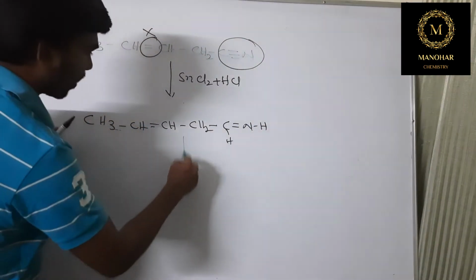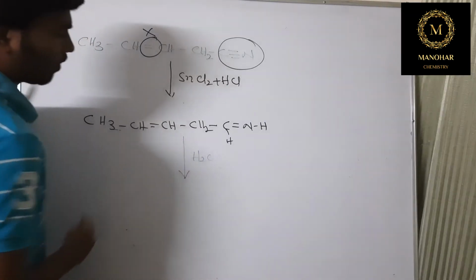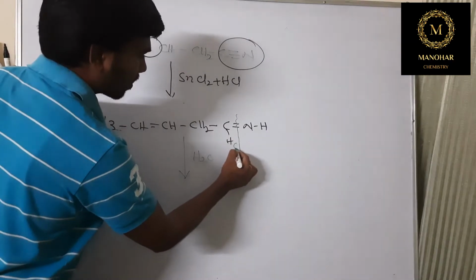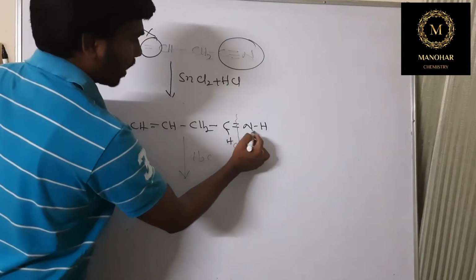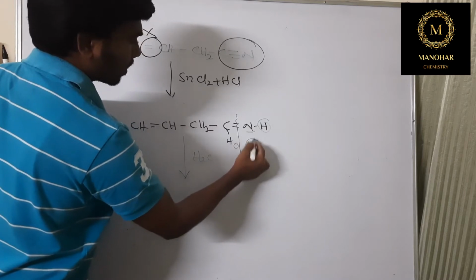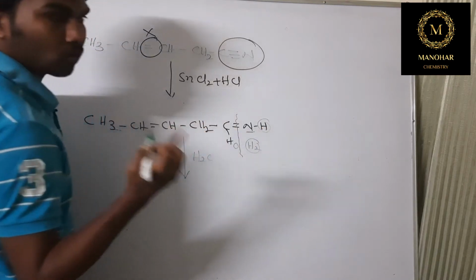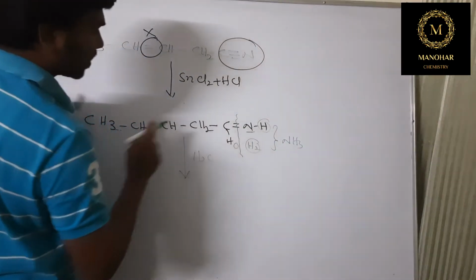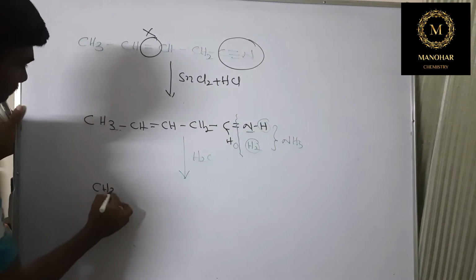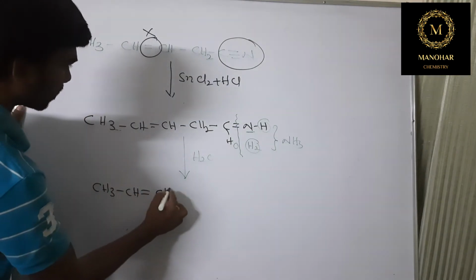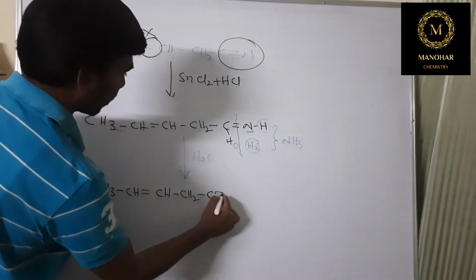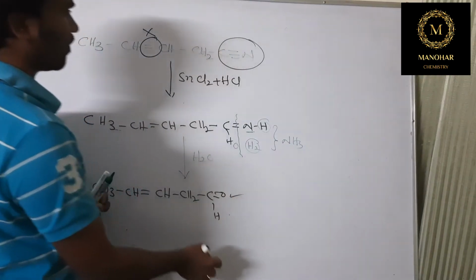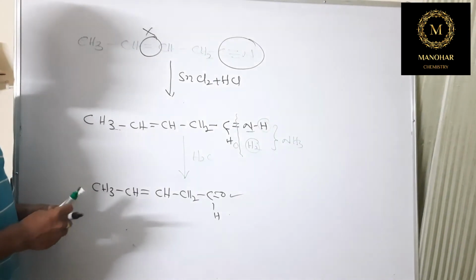So the next step is what? We are going to add a water molecule here, means hydrolysis we are going to do. When you are going to do hydrolysis, just add oxygen this side and hydrogen this side. Here nitrogen is carrying 1 hydrogen, already here 2 hydrogens are there. So 3 hydrogens, so that it is going to form ammonia, and just connect this oxygen to this carbon, so that CH3 CH double bond CH and CH2 CH double bond O will form. So this is an aldehyde. This type of compound will form. This is very easy to write the product in case of Stephen reaction.